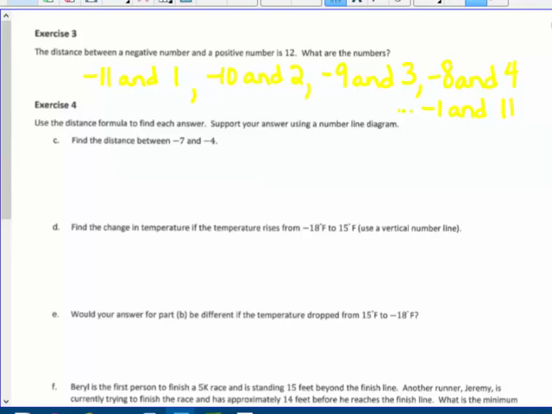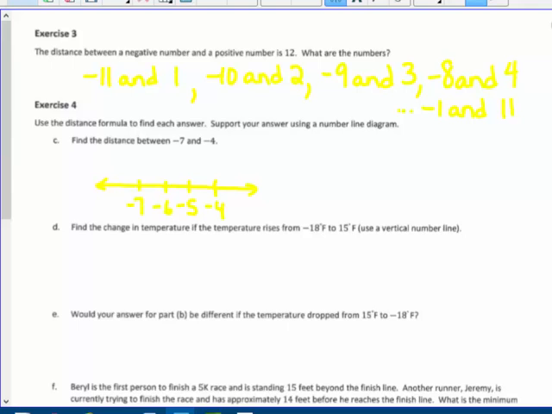Use the distance formula to find each answer. Support your answer using a number line diagram. Find the distance between negative 7 and negative 4. Well, the distance between negative 7 and negative 4, so let's call this negative 4, negative 5, negative 6, negative